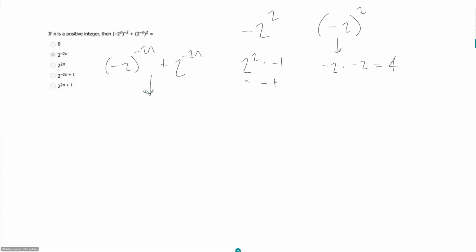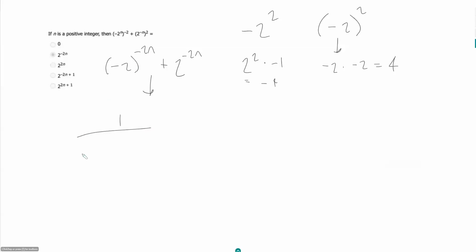Now, another thing to remember here is, as of now, I don't have a common base, because my base here is 2 and my base here is -2. So I can't factor out anything quite yet. And so I gotta find another way of simplifying this. So if I want to get rid of my negative exponents here, so (-2) all raised to the -2n, that's just going to be 1